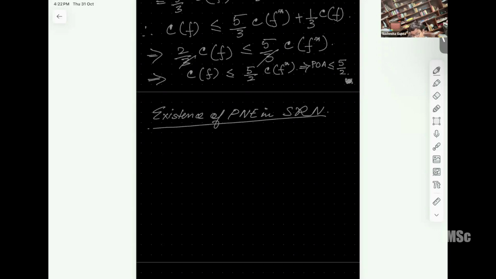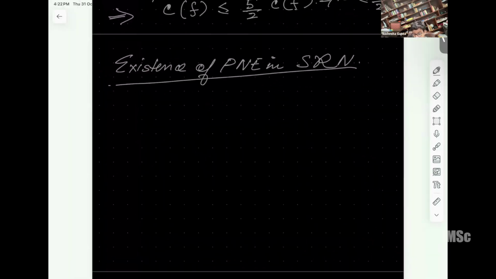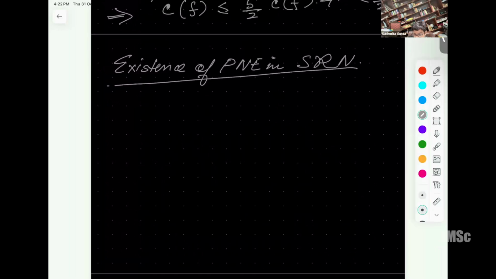We have seen, and I have said this before, and you recall from yesterday, I'm sure, that we always know that mixed strategy Nash equilibria exist for finite games, right? My question to you, is this a finite game? Can I envision the selfish routing network to be a finite game?